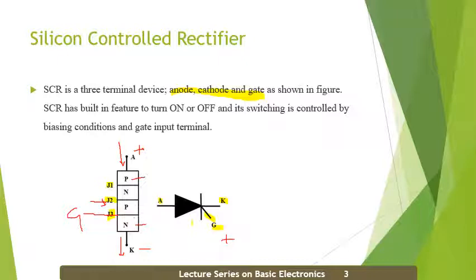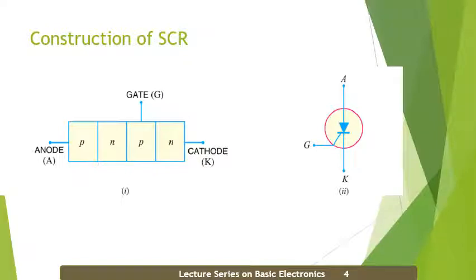So after that your SCR is going to switch off. Okay, so these are the details about the SCR, or the silicon controlled rectifier. The construction of this SCR is, as said here, a P layer, an N layer, a P layer and an N layer. These 4 layers of P and N are sandwiched together and are provided with an anode, a cathode, denoted by K, and then a gate. So anode, cathode and gate are the three terminals. This is how it is connected.